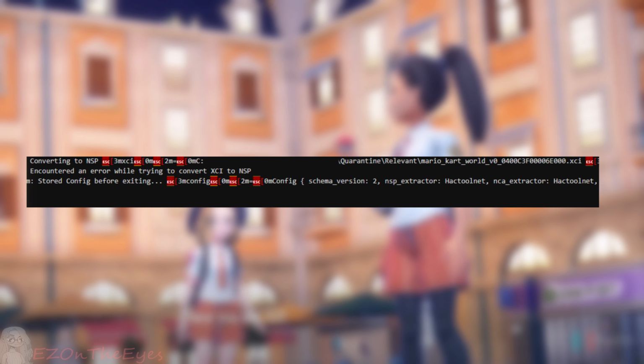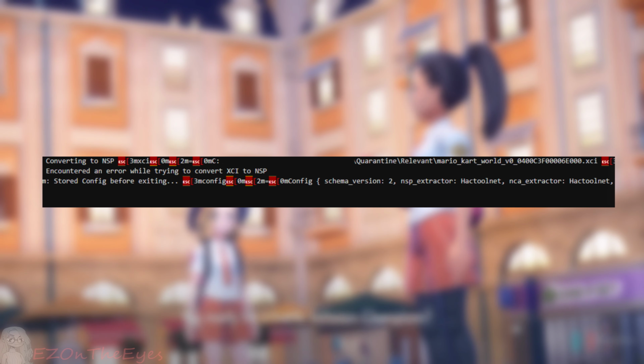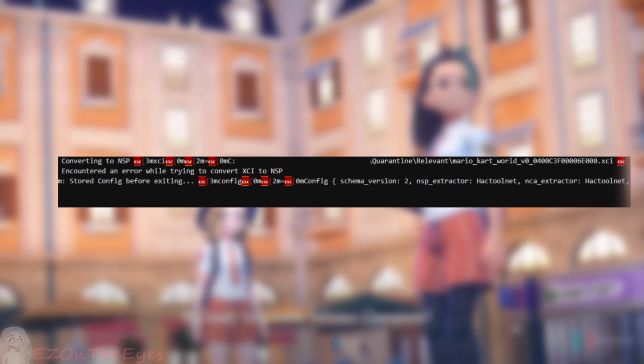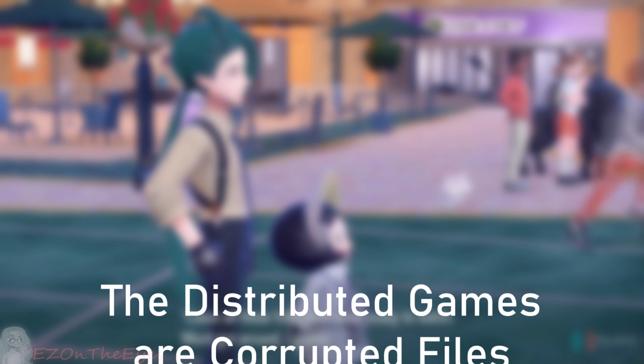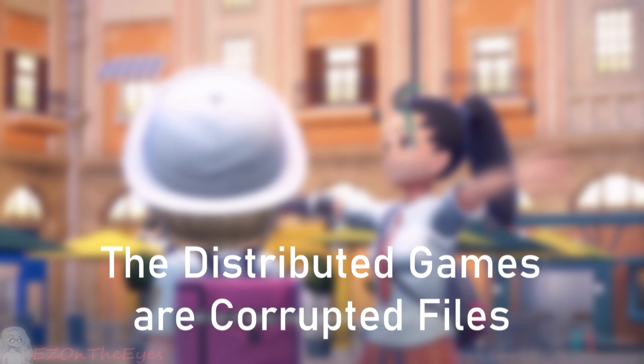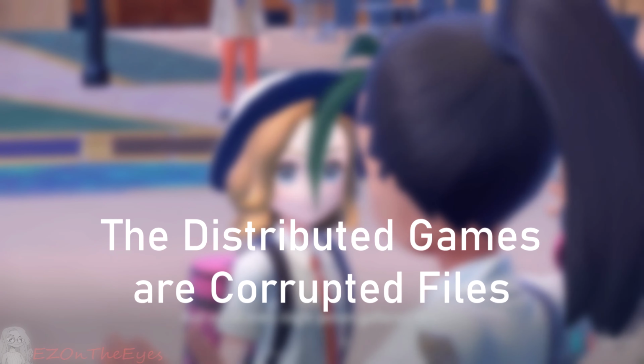Upon reading the logs, we can see it's a hack tool error. More specifically, I got an invalid header error. To double check, I converted and extracted another working Switch game in Yanu, and was successful in both steps. This hack tool and header error means the XCIs distributed are so corrupted they can't even be converted or read.